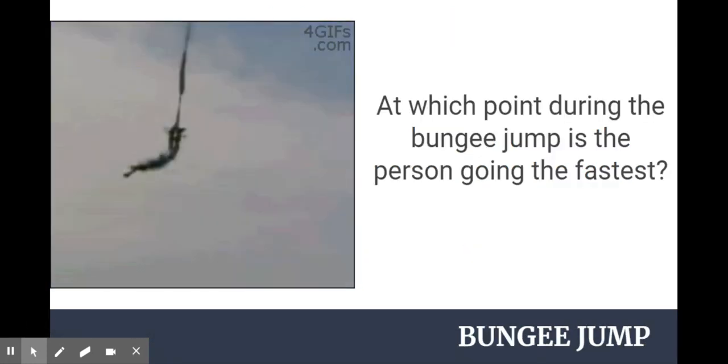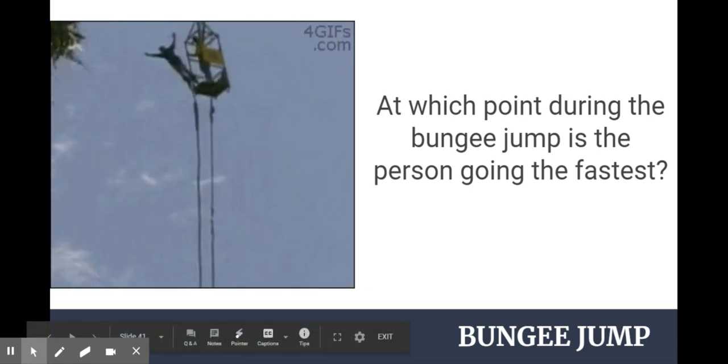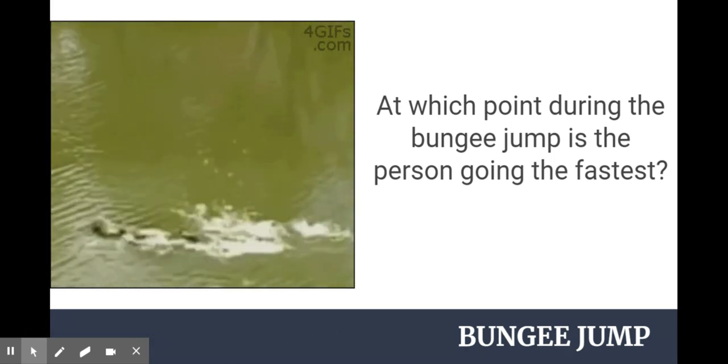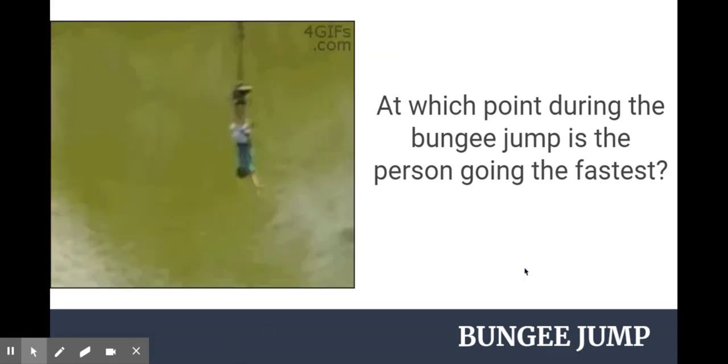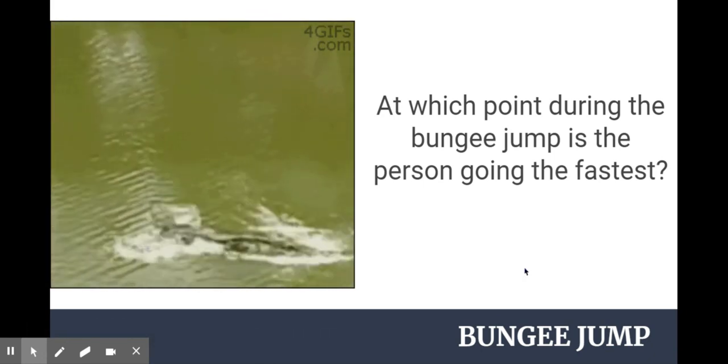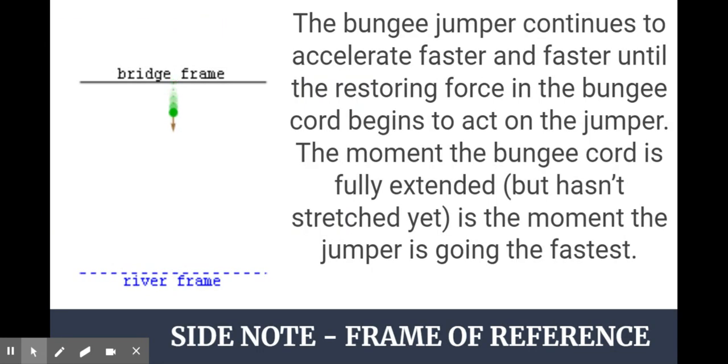Take a look. Got a bungee jumper. Okay. I want you to tell me at which point during the fall is the bungee jumper going the fastest? At which point during the fall is the bungee jumper going the fastest? Well,